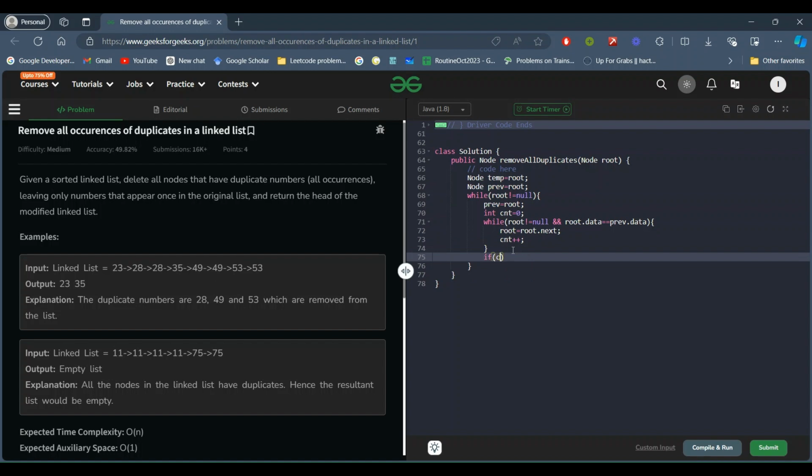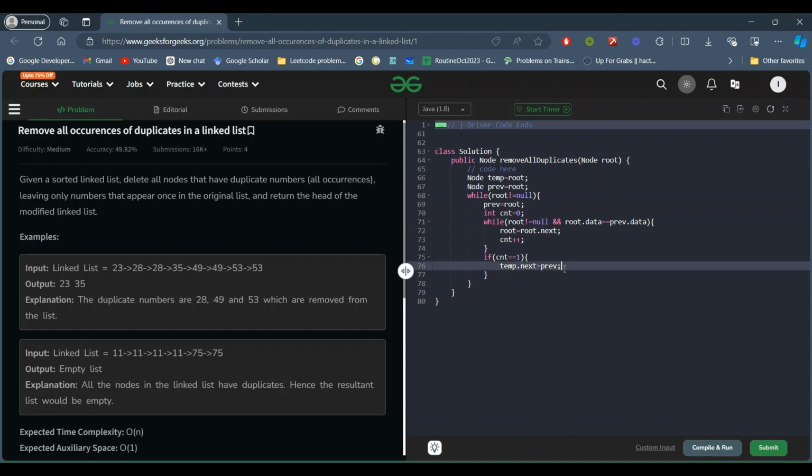And then if count is equal to 1, only then are we going to make temp dot next equal to previous, because if the previous node came only once, then root will go to another node which does not have an equal value, and this count will be only one.